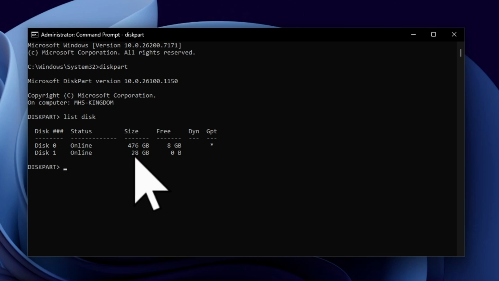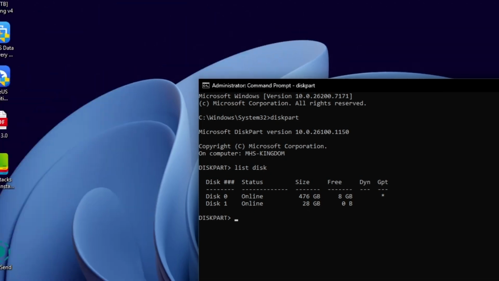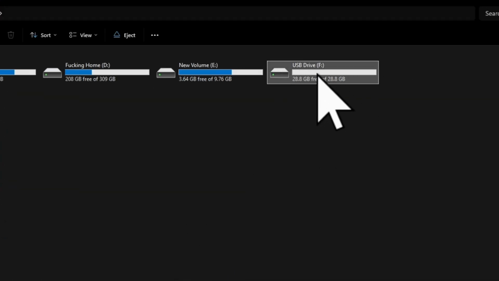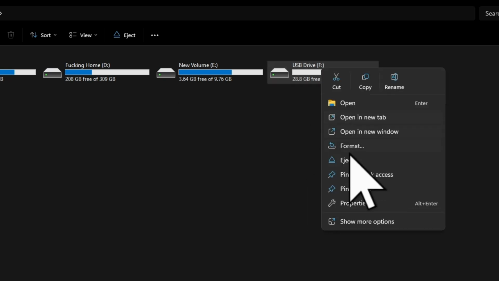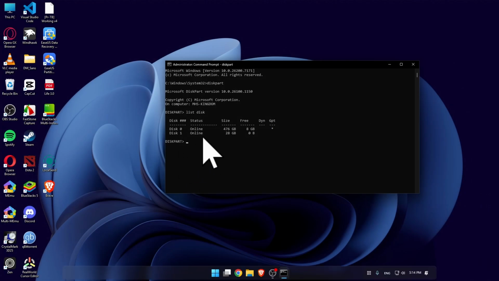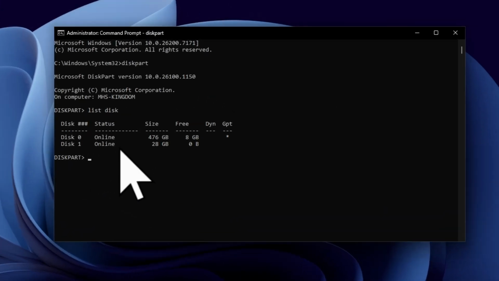It has only 28 GB. How can I make sure that it's only 28 GB? I can simply go to This PC, and here is my USB drive, and as you can see, it's showing 28 GB. Also, we can check by clicking on it, and then if you click on Format, you can see the capacity size over here. After making sure of it, you can simply type here select